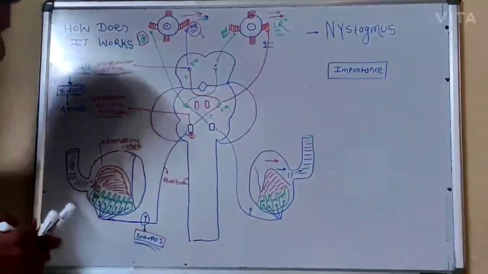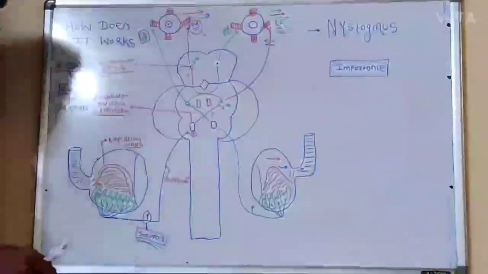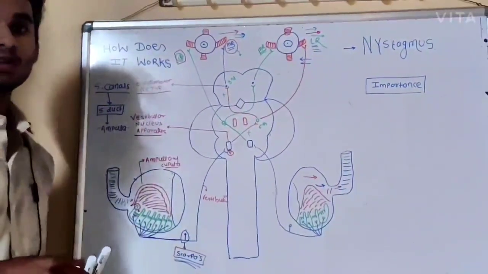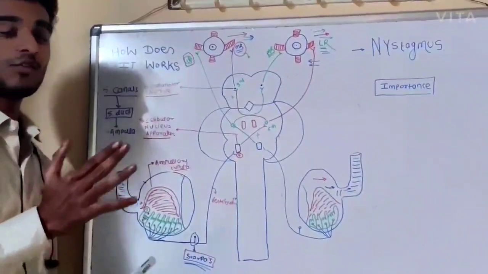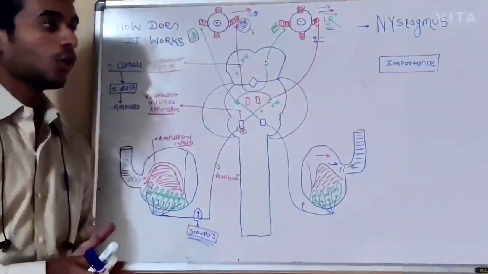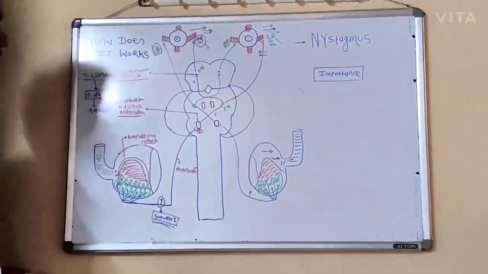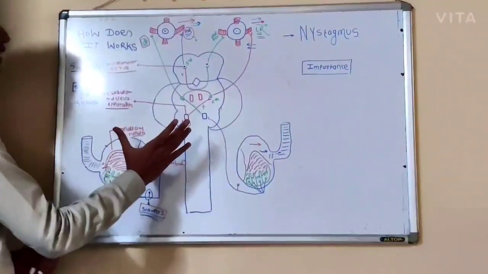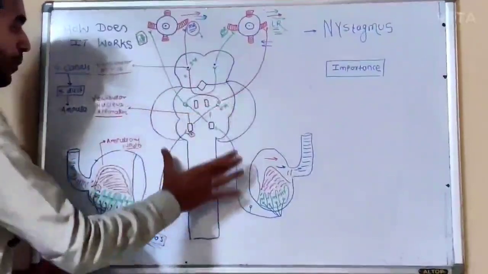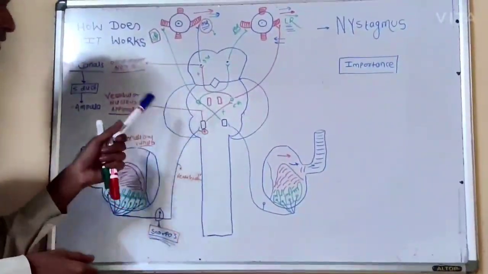Now let's know the importance of learning this pathway. The importance is that it will help us to know the condition in any kind of brain damage or in coma patients. How? This is completely a brain stem reflex. There is no involvement of other structures. It is a purely brain stem reflex, mainly involving the pons and the midbrain.